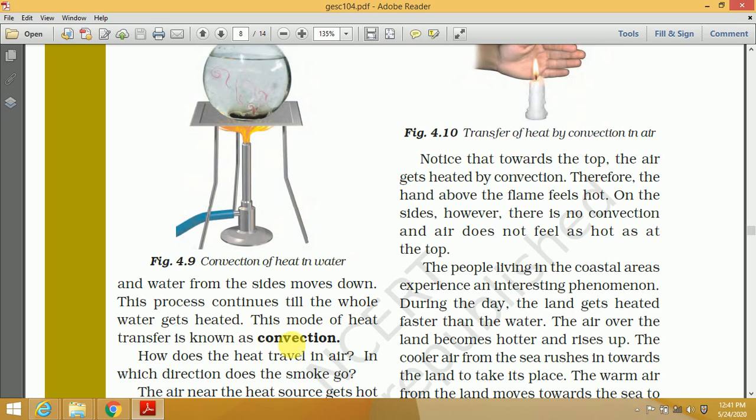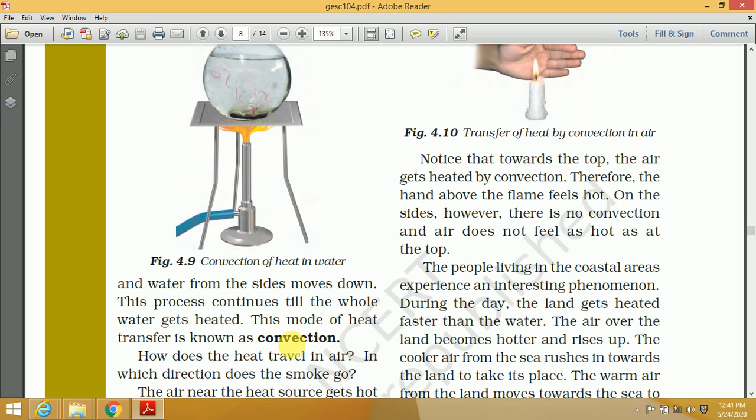So we have seen another method of the transfer of heat, that is convection. The first method we have discussed was conduction. Conduction is transfer of heat in solids. And now we have discussed how the heat gets transferred in water. Generally, whenever your mother cooks food, or when the water is being boiled, or when your mother or you are making tea, how will the whole of the water get heated up?